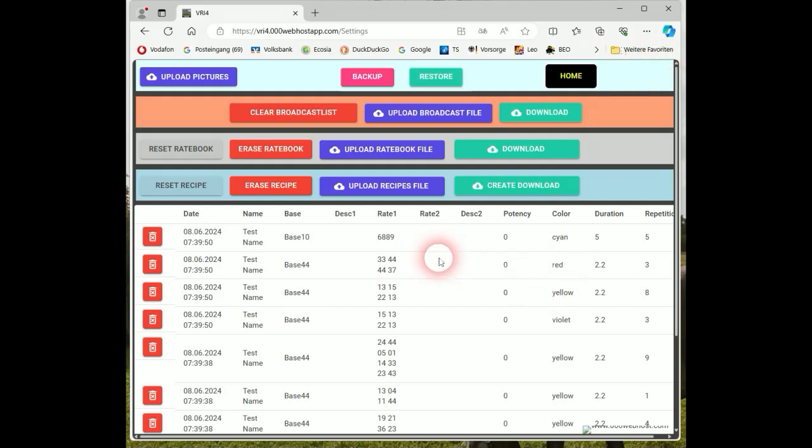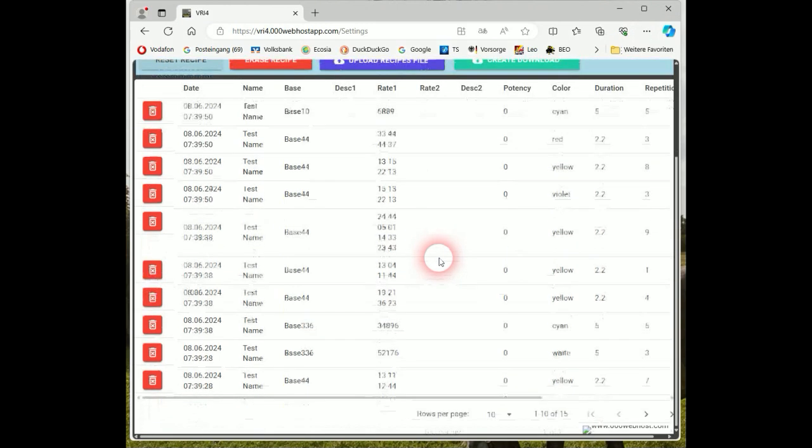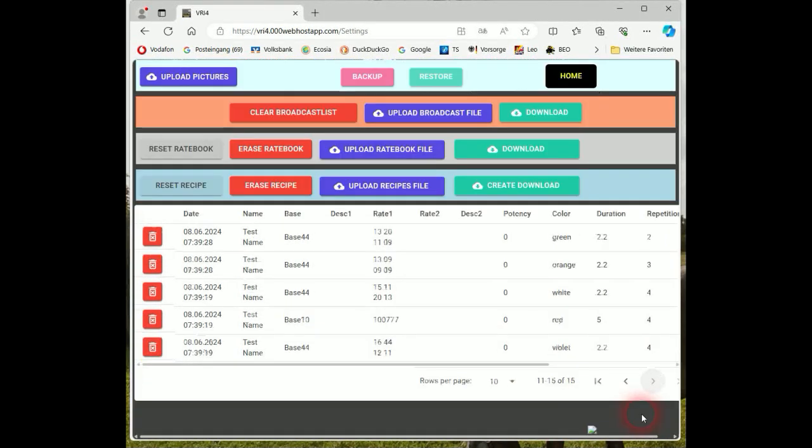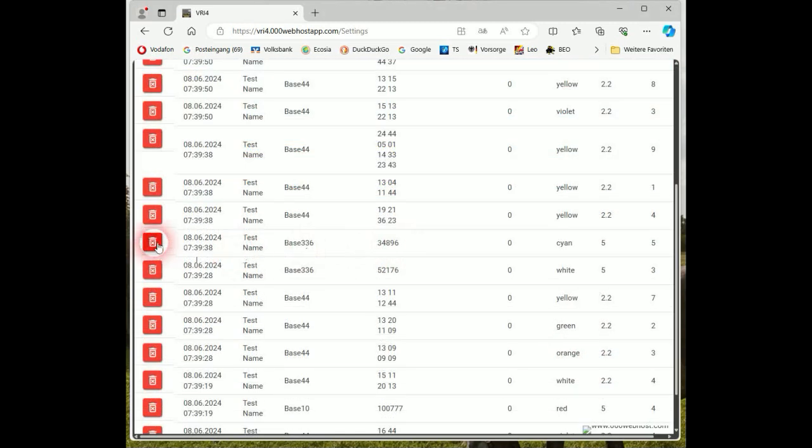Last part is the table on the bottom of the page, which displays all stored broadcasts in the instrument. You may need to scroll down a bit to see the navigation panel, depending on the number of broadcasts you have in your list. You can set how many lines should be displayed in one page, and you can navigate between the pages using the arrow keys on the lower right side. If you want to delete a broadcast from the list, you can click on the trash icon on the left